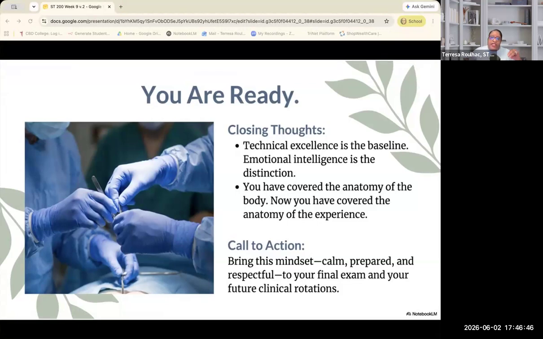That's what separates mechanical skills from professional identity. As we get closer to the cumulative exam, I do not want you to shrink your preparation down to memorization. Think in scenarios, because the cumulative exam does bring out scenarios. Think in judgment, think in scope. The exam is simply asking, can you think like a CST?